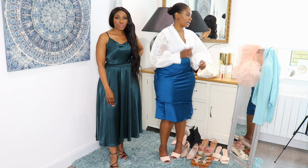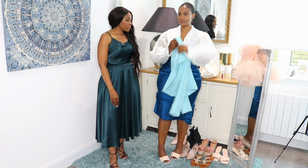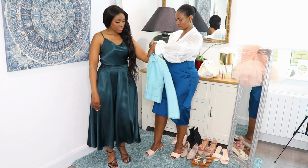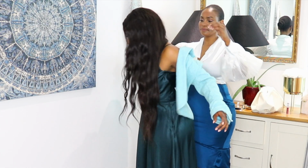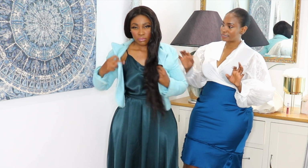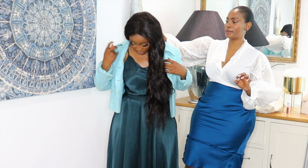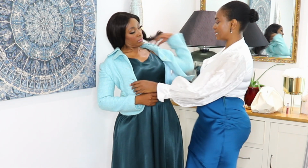Yeah. Right? And I know some of you have seen this jacket before. This is the Tiffany's jacket that she wore in a shoot. So if you literally pop that on. I know you think the colors clash a little bit, but if you really think about it, these are in the same family, the same blue-green family. So it just gives it a nice, elegant,